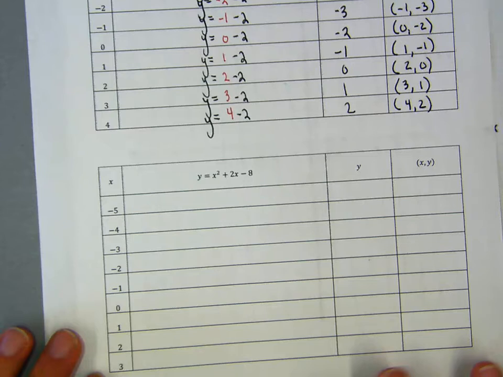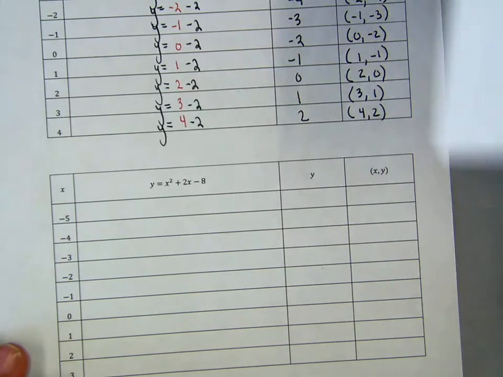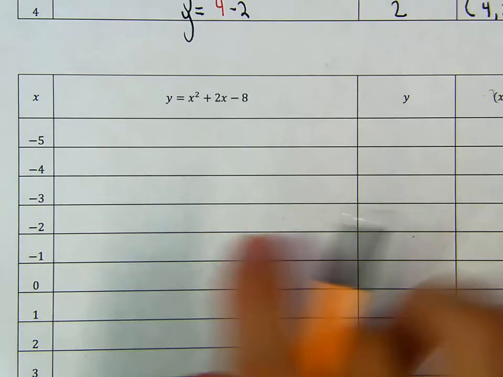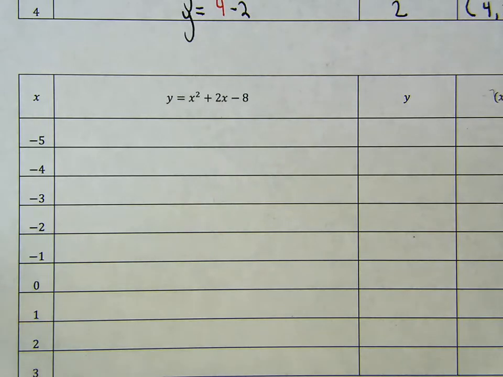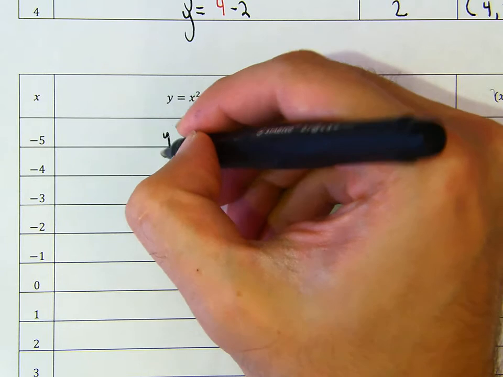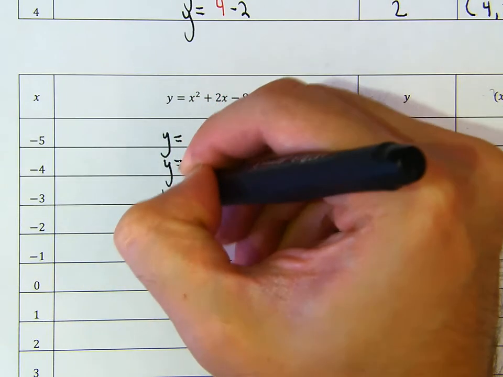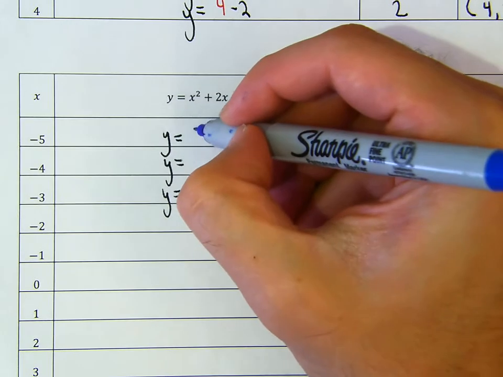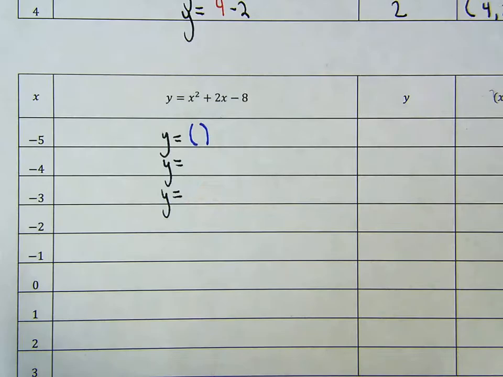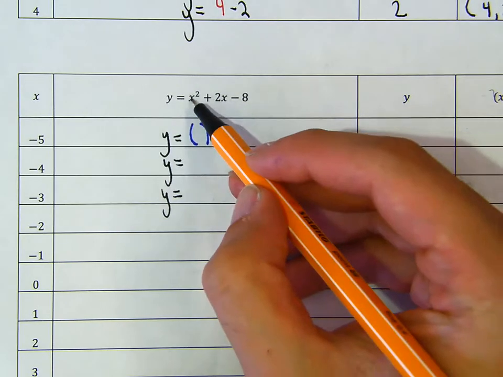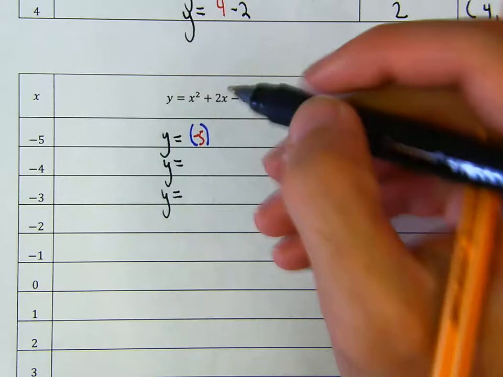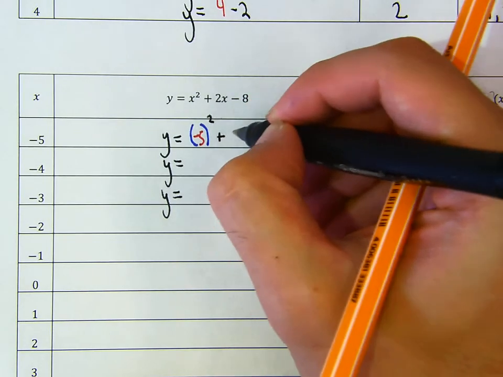What do we have? We have x squared plus 2x minus 8. How do I plug in these numbers into here, right? So you could say the same thing, y equals, right? And then every time you want to substitute the number, you could put in the parentheses, right? So this is a parentheses, and what am I going to put in here? You see, anywhere I see x, I'm going to put in -5, and then squared plus 2